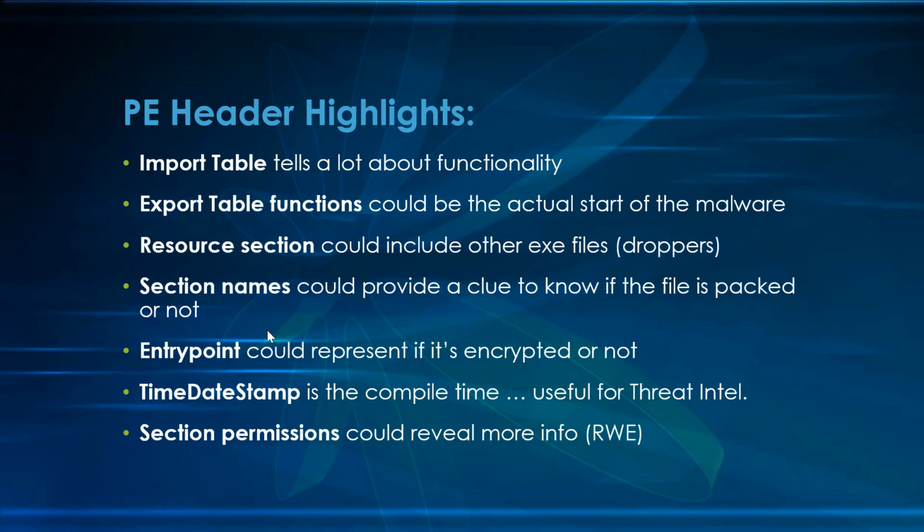Section names can tell us if this file is packed or encrypted, and can help us also know which packer made the encryption, if it's ASPack, if it's UPX, or whatever the packer is. As well, the section permissions can also tell us if this malware has any encryption there, or it looks packed, even if the section names look normal. So if we see a section, let's say the last section or the first section, is readable, writable, and executable,